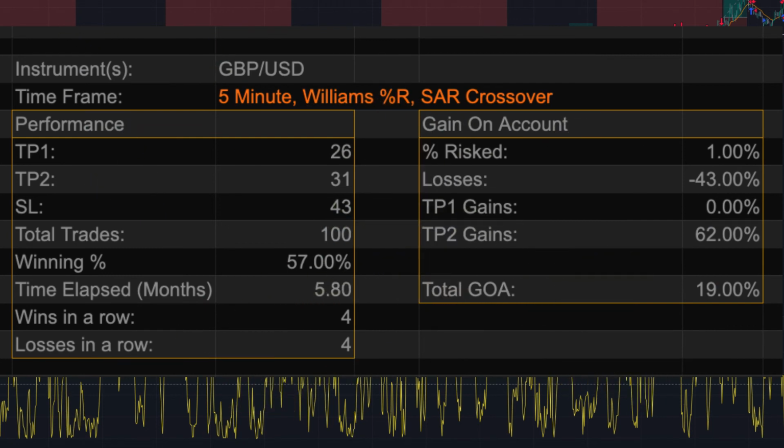So to put a bow on this, I want to thank Rocky Point and Trade Emperor for requesting this test. While certainly profitable, there is room for improvement if you are trading this thing mechanically. Be sure to check out Rocky Point's thread on Forex Factory for more information on this system. The link is in the description below.